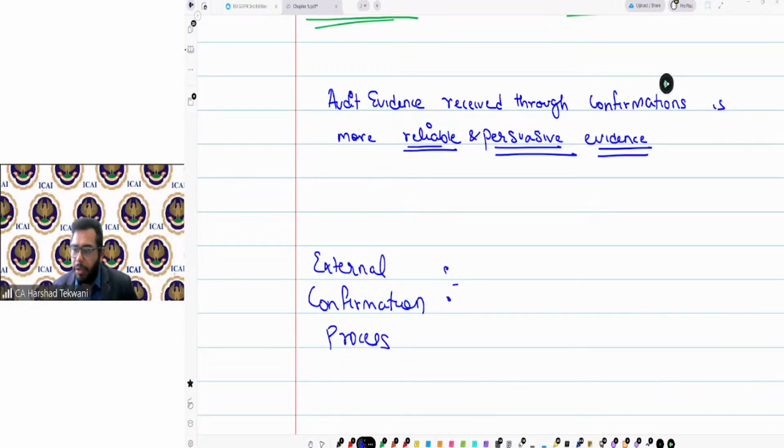Okay, so I'll discuss one good case study, a very famous case study, where this particular issue came into the picture in detail. You might be aware of the Satyam case, where a lot of irregularities were identified.